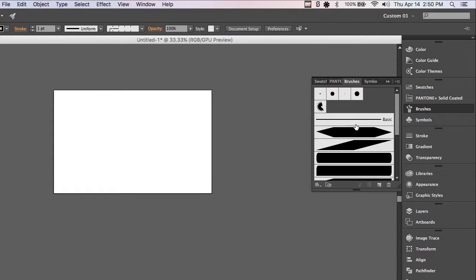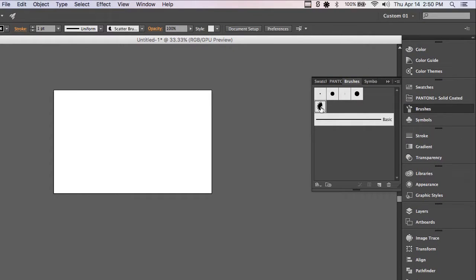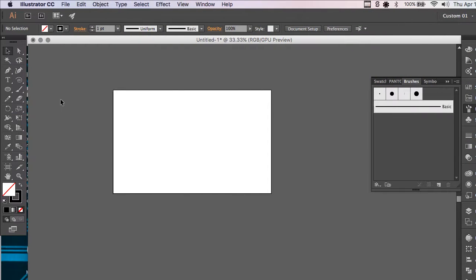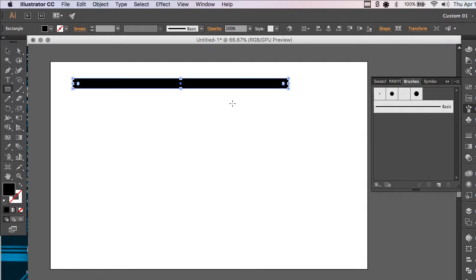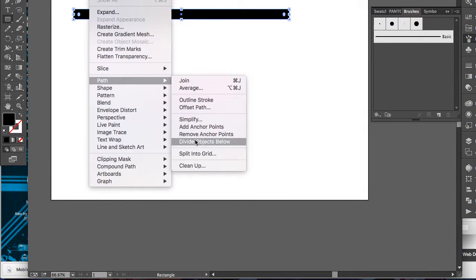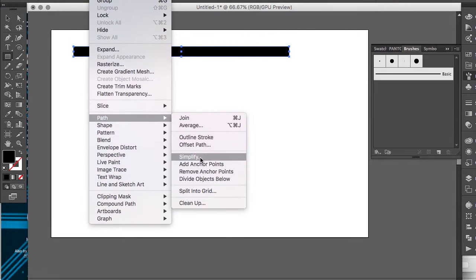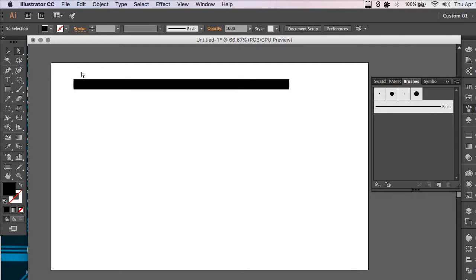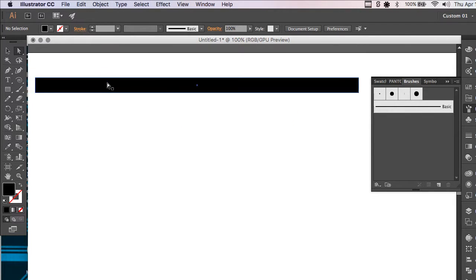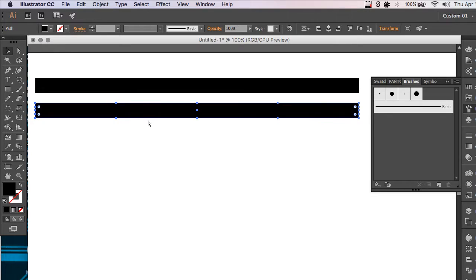Today I'm going to show you how to create some cool custom brushes like the ones you see here. First off, I'm just going to delete all this. We're going to create a rectangle and invert that. I'm going to go up to Object, Path, and add anchor points, and then add anchor points again. Now I'm going to drag this down while holding Shift and Option and let go to make a copy,